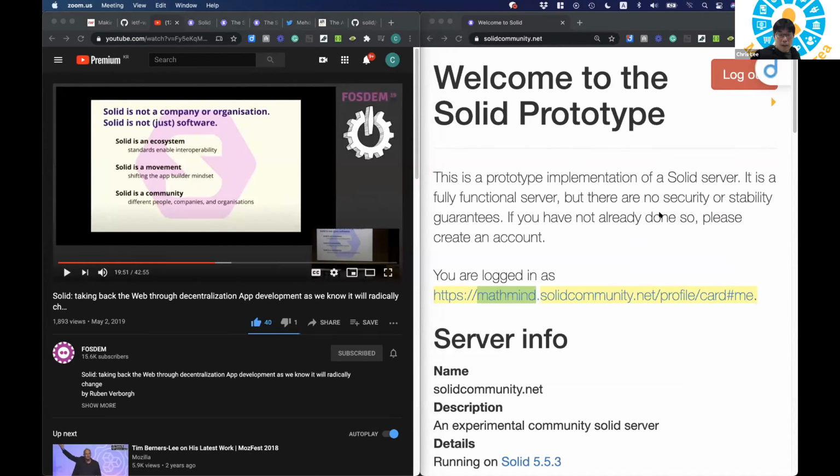Right, so I'm showing on the screen here. This is at least how far I've gotten into looking into Solid. As you can see here on the right, I think this is what a WebID is, because I was able to use this link that I've highlighted in yellow in many different Solid apps.